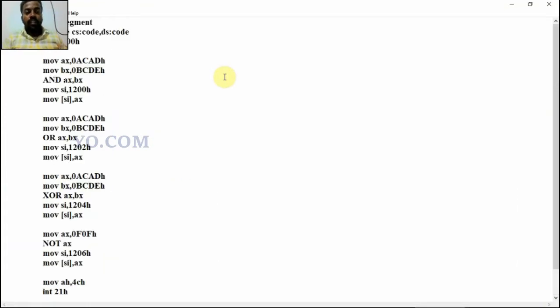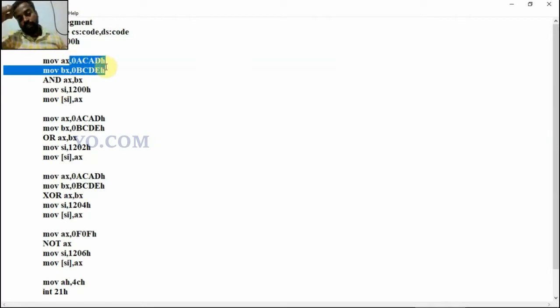The logical operations are AND, OR, XOR, NOT. In this program we consider the 4 logical operations: logical AND, logical OR, logical XOR, and NOT. To perform the logical AND operation, we are using 2 numbers.